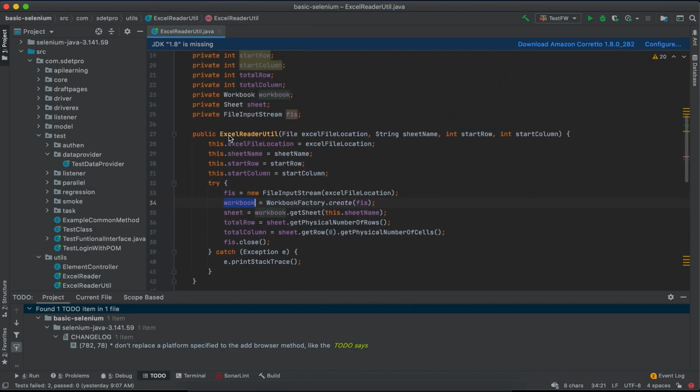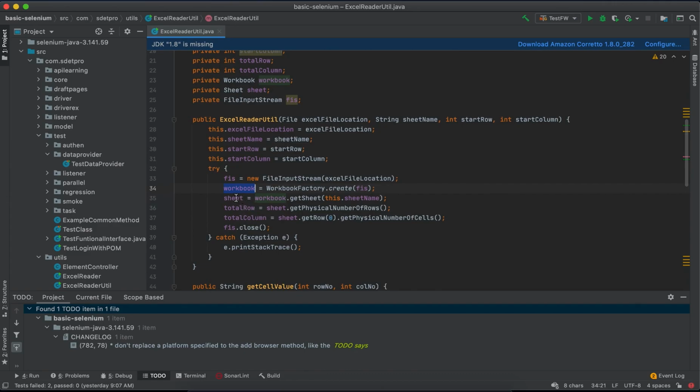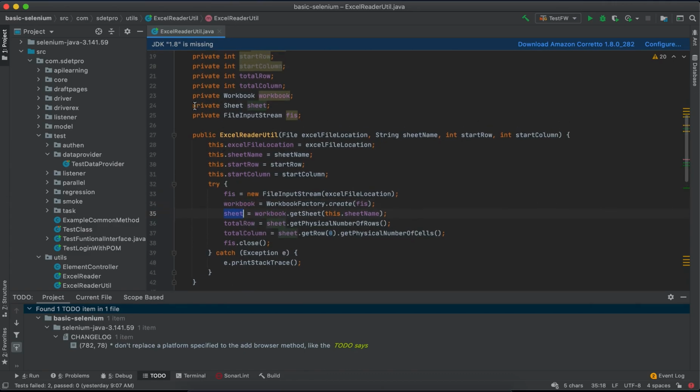You can see here we have the private workbook, and the workbook will be from WorkbookFactory.create with the fileInputStream, and then we have the workbook. After that, we need to get the sheet here. You can see we have another property, sheet here. Okay, and it equals workbook dot